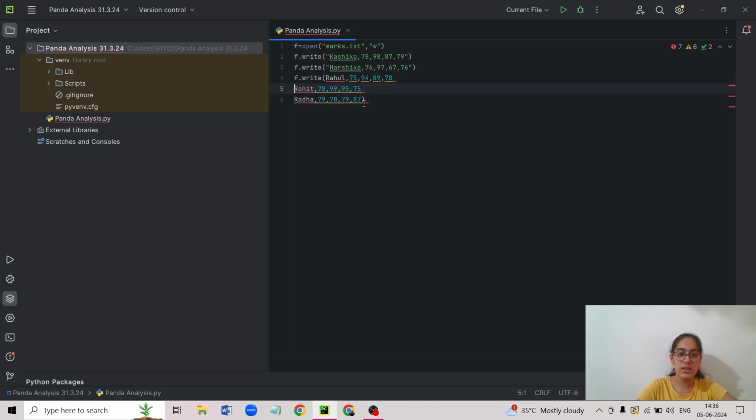These marks are actually just simply numbers, but we are putting them as integers. There's no such difference between integers and numbers, but when we use Python, we can't write numbers, we have to write int for integers. So f.write again. The last one now. Now f.write.